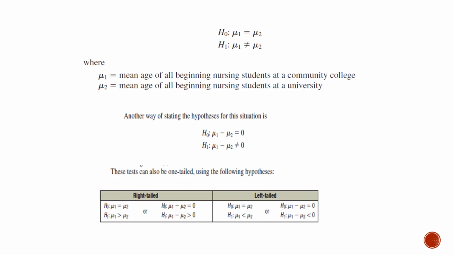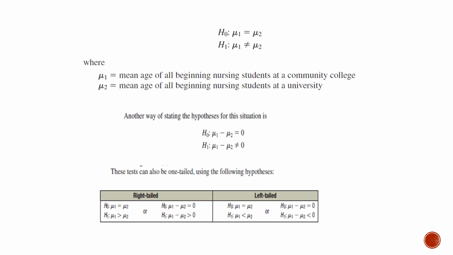Another way of stating this hypothesis is: null hypothesis mu1 minus mu2 is equal to 0, and the alternative hypothesis is mu1 minus mu2 is not equal to 0. So if the test is one tail, this is the hypothesis for a two tail. If we say that the mean age of nursing students at a community college will be more than the mean age of nursing students at a university, the test will be right tail, and the null hypothesis will be mu1 is equal to mu2,